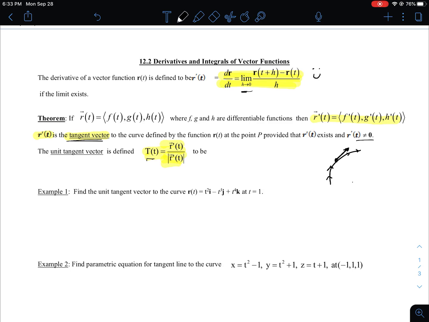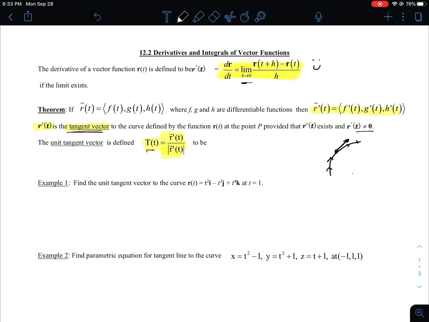Okay, let's find that unit tangent vector for this curve, t squared, negative t cubed, plus t to the fourth, at a certain point. So first I need the derivative, r prime of t. Okay, so our good old-fashioned derivatives, power rule: 2t, 3t squared,